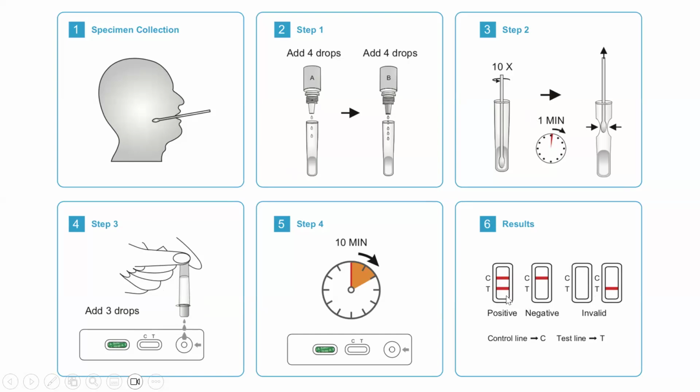If you have a control, this test is valid, and then we look for the test itself, whether we have the sample bound to it or not. Here it is a negative test. That means that the patient doesn't have the antigen. Does that mean that the patient does not have pharyngitis? That is not true, because